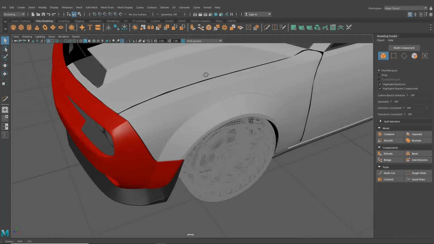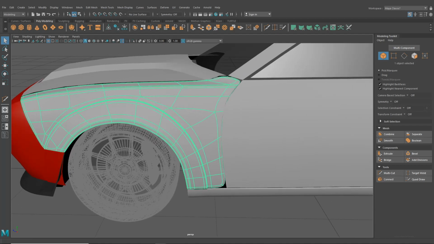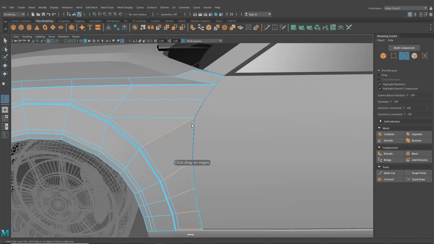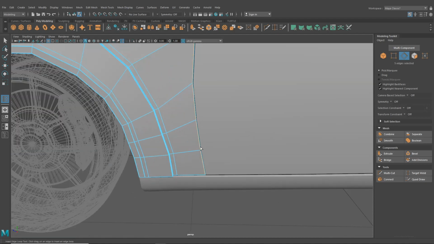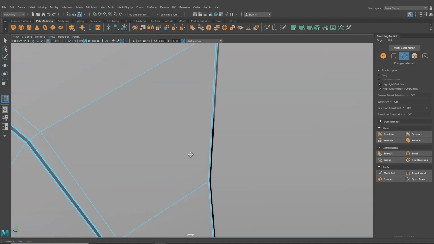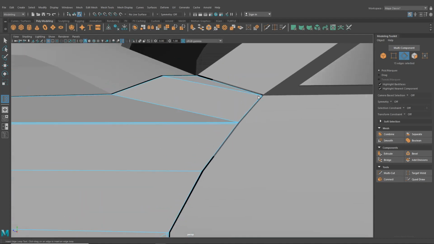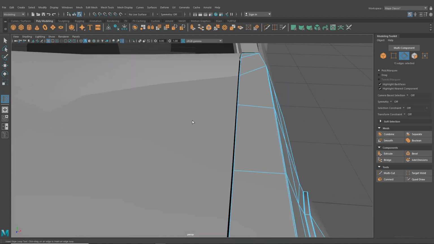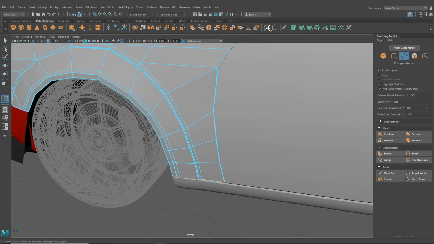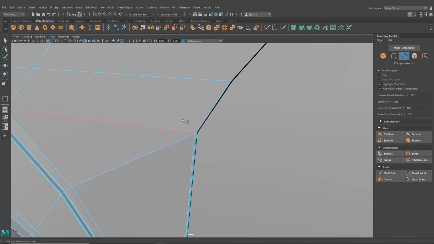We're looking good everywhere else. We do only have this one little bit up here to do, so maybe we could just quickly do that in this episode. So I'm going to go ahead and drop an edge loop here, which is going to run all the way down there, and let's drop one across here as well. We have this awkwardness running all the way up here, and we want a line to run all the way down there as well. So let's quickly grab our multi-cut, because I think it'll just be better to draw this whole thing in. I'm going to quickly just